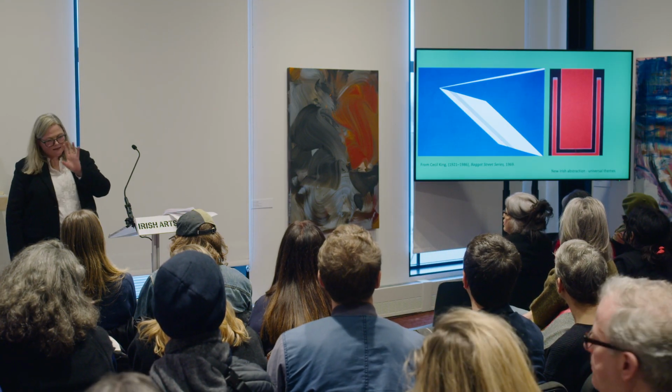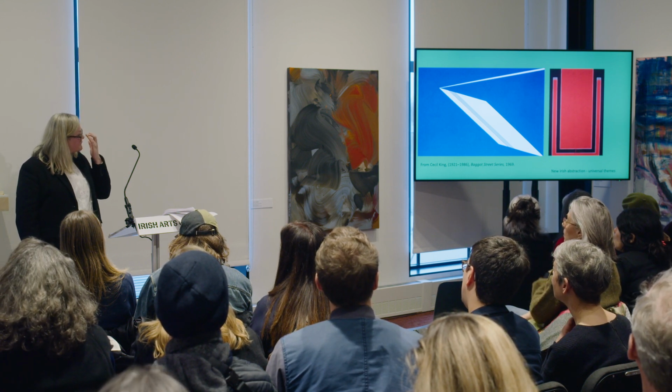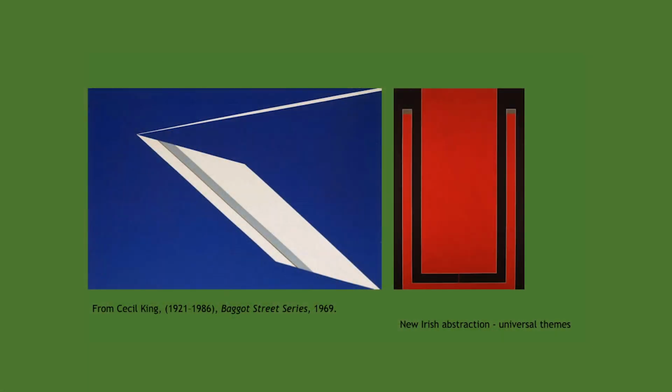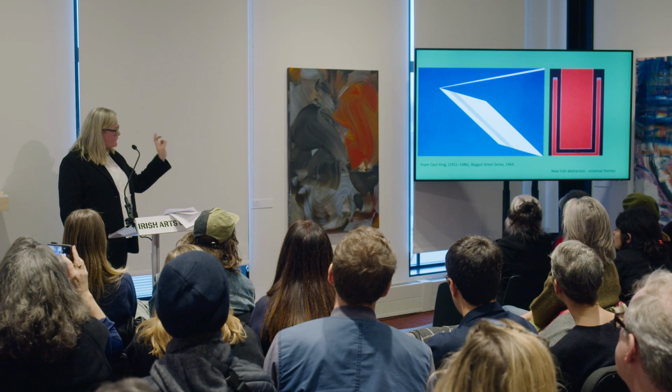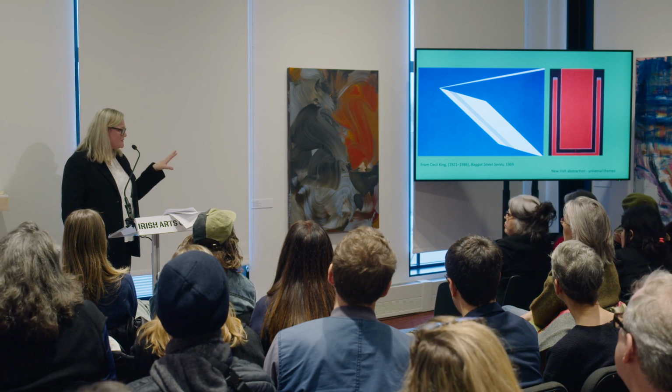And again, it's very interesting in the context of what you were saying earlier, in terms of hard edge abstraction. If you look at the dates here, 1969, they're sort of coming up at the vanguard towards the end. Yes, there are artists working in installation, there are those working in terms of film and photography and happenings. But in terms of painting, Cecil King is one of the finest painters that we have coming out of this stage, in terms of the clarity of his vision.